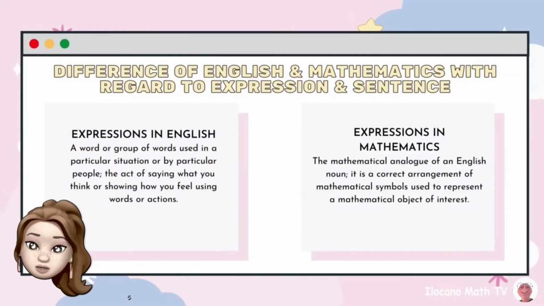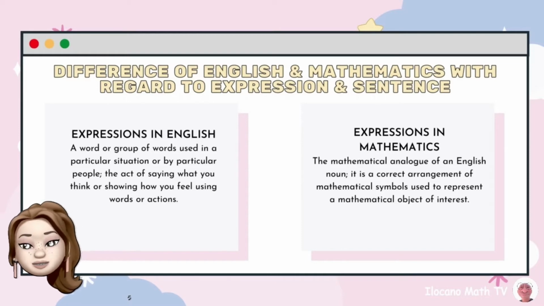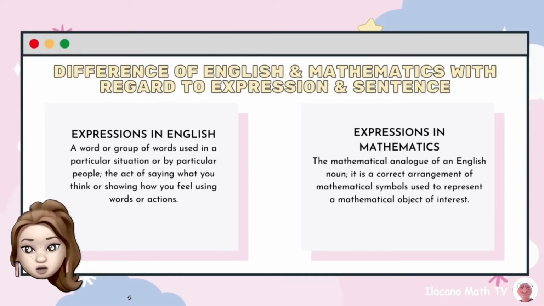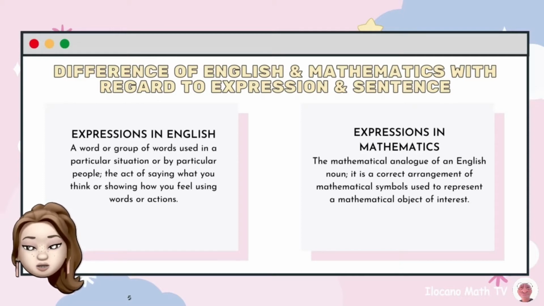As we begin the discussion, first, we have to differentiate the definition of expressions and sentences in regards to its mathematical and English definition. Expression, defined in the English language, is a word or group of words used in a particular situation or by particular people. And it is also the act of saying what you think or conveying how you feel using words